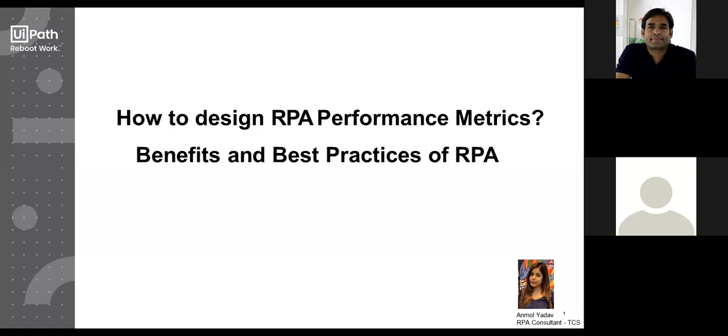So to all the developers or the solution architects who joined this session, I think you also play a major role in it, because when it comes to analyzing and designing the performance metrics, a developer or a solution architect could have their say. You are probably more aware of how complex a process could go, or which applications could increase the complexity, because you would have previously worked on or used those applications.